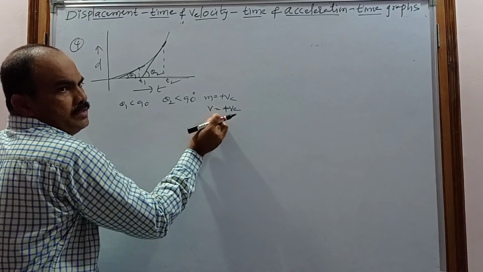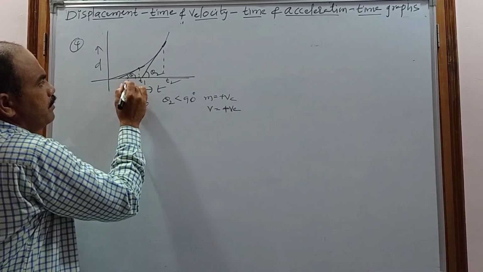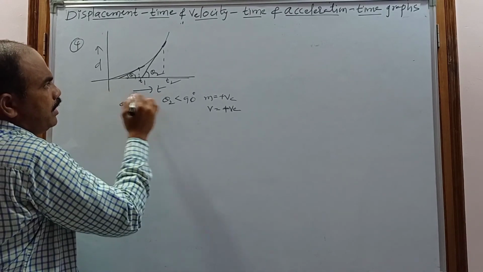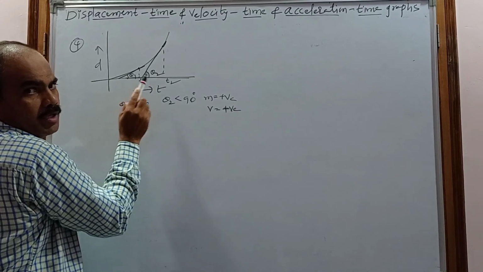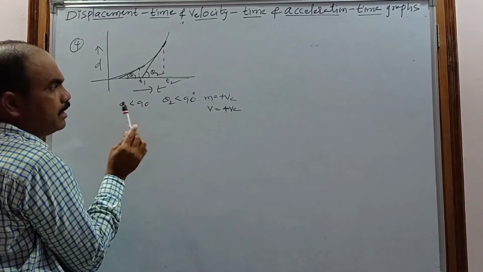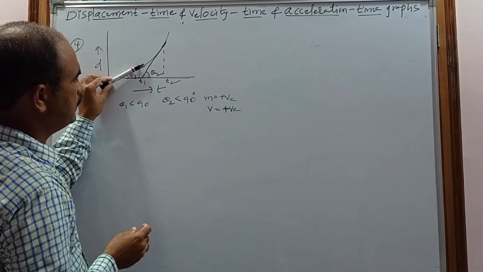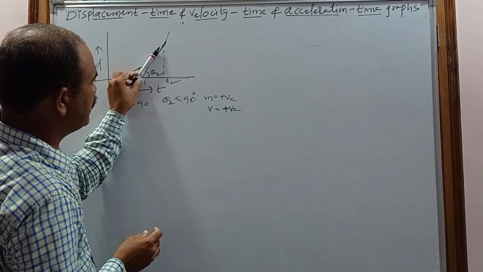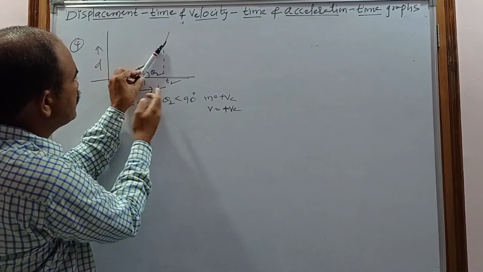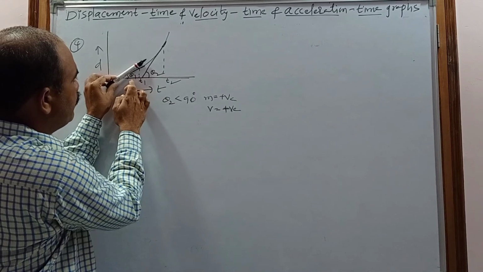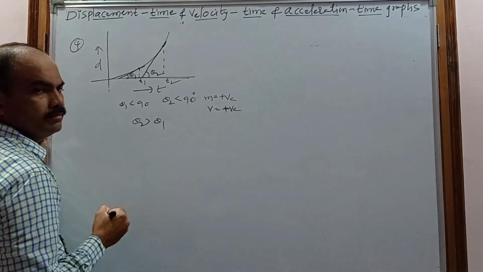But is this velocity changing with respect to time or not? I am going to check. When we observe theta 1 and theta 2, as the time is increasing, the slope is also increasing. The theta value is increasing, nothing but the angle made by the tangents is increasing here. Now observe, this is the steepness of the tangent at t1 time, and this is the steepness of the tangent at t2. So what is happening here? The angle made by these tangents is increasing. Here it is less, here it is more, and nothing but theta 2 is greater than theta 1.